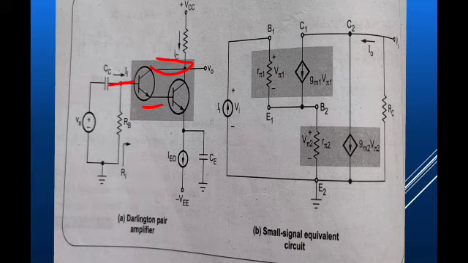If you see this, both transistors act as a single transistor, which has one emitter, and both collectors connected together form one collector. The emitter of the first stage is connected to the base of the second stage, so finally we have only one emitter. Both transistors are considered as a single transistor when connected together. And here we have the small signal equivalent circuit of the Darlington amplifier.